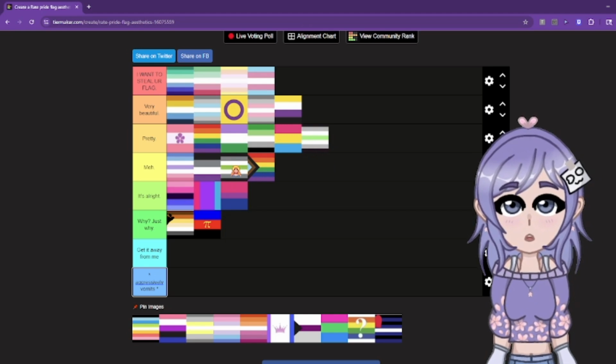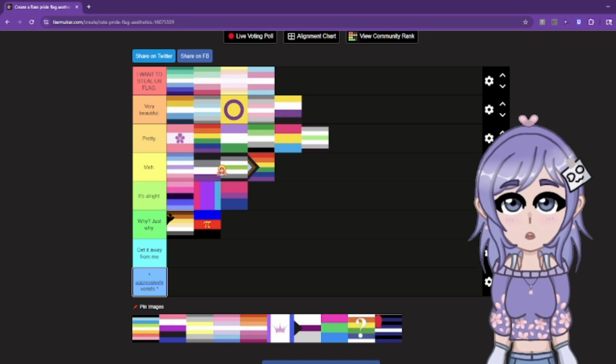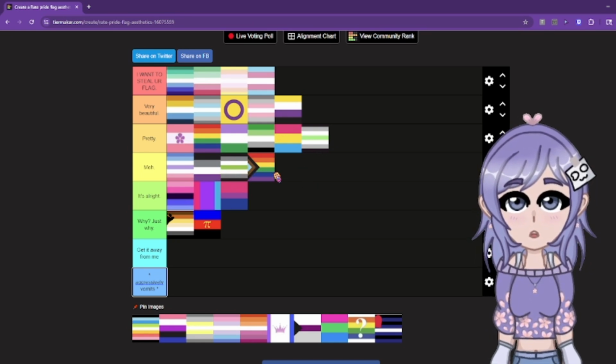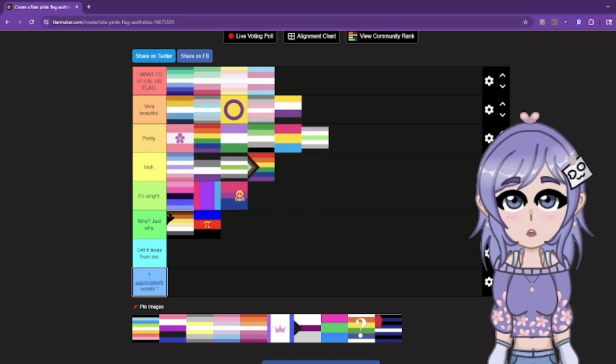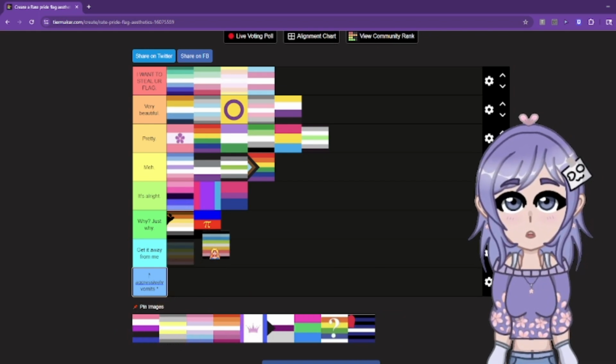I'm pretty sure that's kind of why I put that one there, too, because honestly, I wasn't too crazy about the green that was used in it. I guess this is proof that it's shades of color for me. I guess that's the case. But, okay, next one. I don't really know what this one is, but,